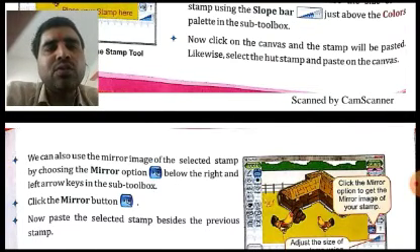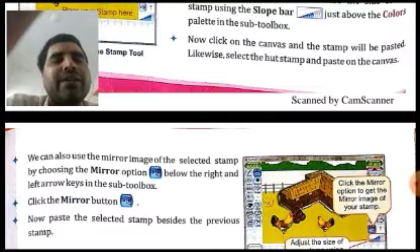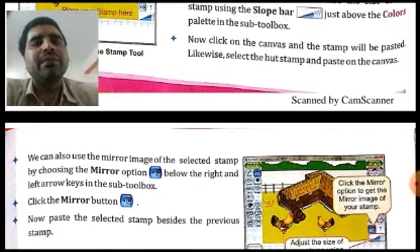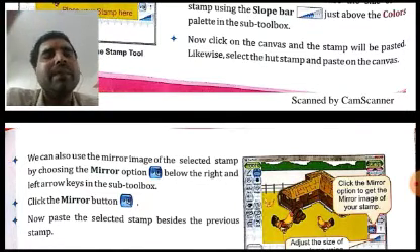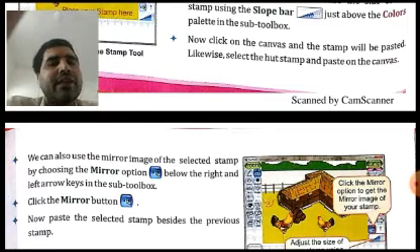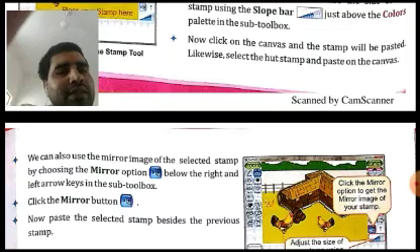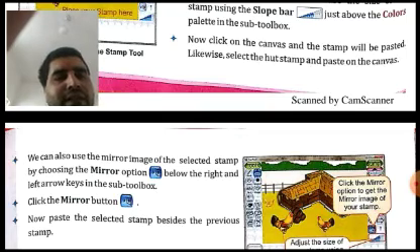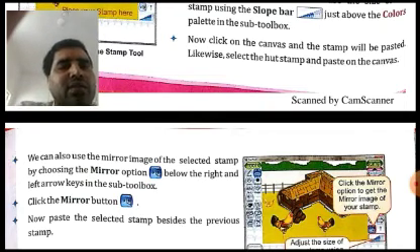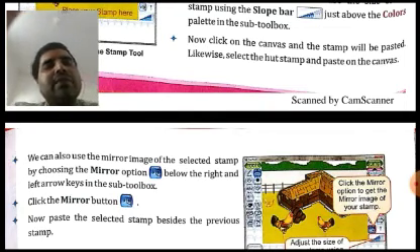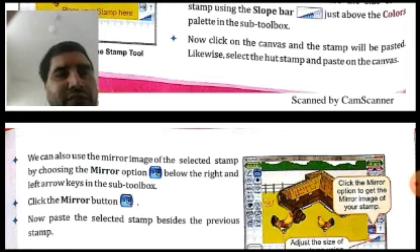Mirror image means more a duplicate image. Okay, a duplicate inverted image. What is a mirror image? A mirror image is like a duplicate image, and it is in the inverted direction. Like here you can see the original image of the cock is looking towards the right hand side. And the mirror image, which is a small and duplicated image of the original image, is looking towards the opposite direction. It is looking towards the left hand side. So the mirror image is the opposite image of the original image.